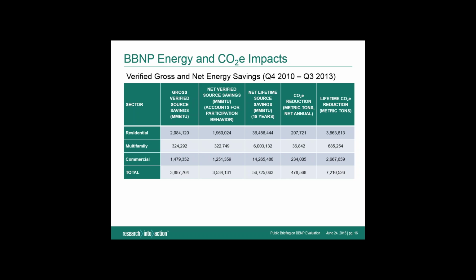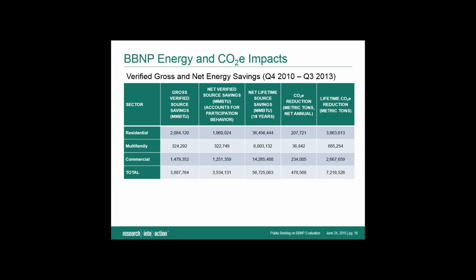Okay, so moving on to energy savings. Marjorie will take this. Energy and greenhouse gas emission reductions. So this slide conveys a lot of information. We present the information by sector down the left and the total. The gross verified source savings, that's in MMBTU. The savings were across all fuel types: electricity, natural gas, fuel oil, propane. The verified means this is what our impact team verified through its M&V analysis and its billing regression analysis. So gross verified savings, measured at the source, which is how the program, BB&P as a whole, was reporting it, is nearly 4 million